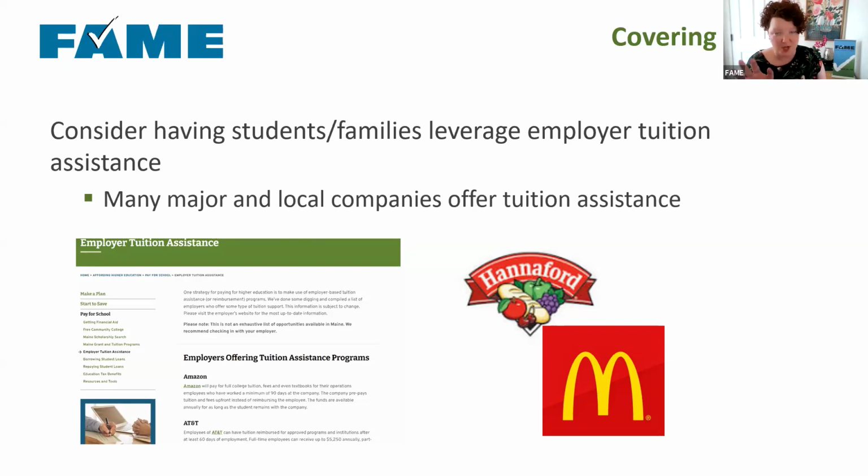So McDonald's has been talking about theirs a lot. Home Depot and Lowe's, UPS. So if you've got a student who would want to work in the warehouse at UPS, they cover a lot of those costs for college. So ask around at the employers, what do they offer? How do you access those funds? A lot of those major companies offer tuition assistance. And we have a section on our website that talks about some of the organizations that we are aware of that offer those things as well.